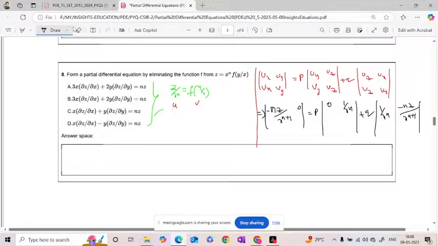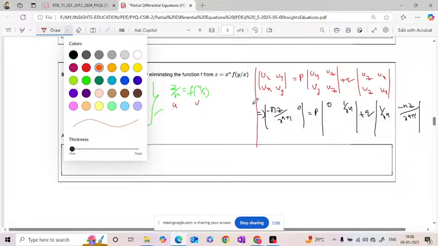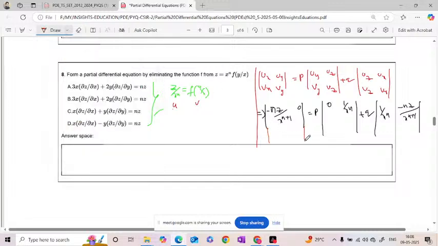Similarly come to the v also, same format. v_x is minus y by x square and v_y is 1 by x and v_z is 0. Now just find the determinant of these three matrices. The determinant of the first matrix is minus n z by x power n plus 2. Second one is p into 0 minus x power n plus 1